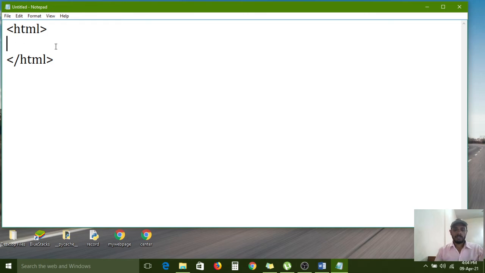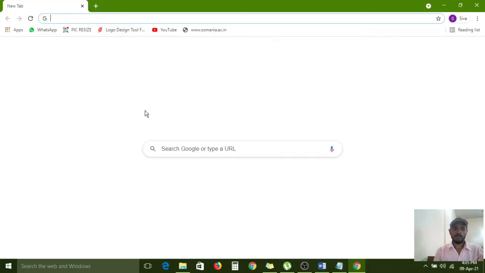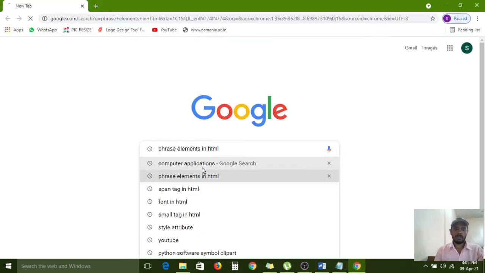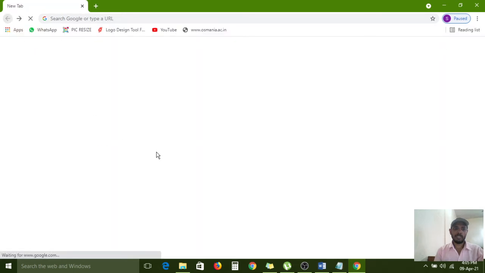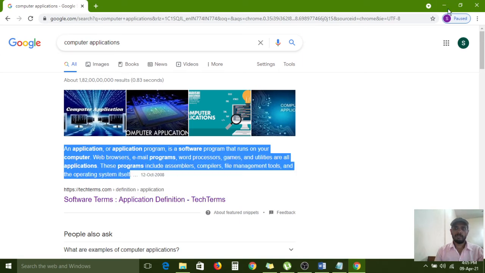And also, now I am printing one paragraph. For that I am opening a computer applications paragraph. So this is the paragraph.